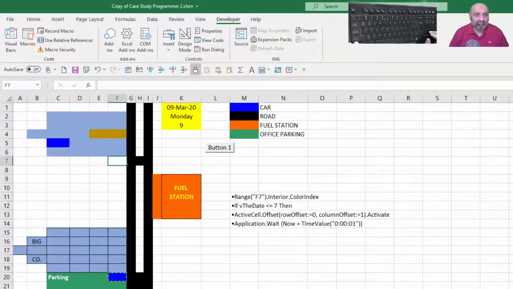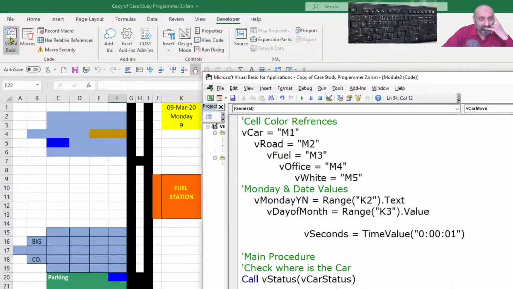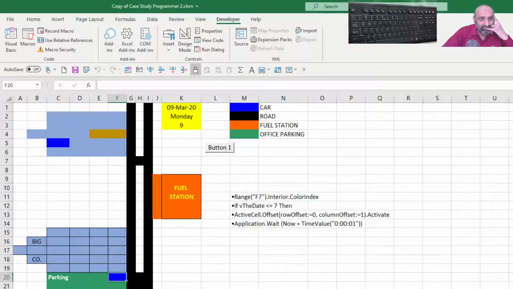Let's move the car back to home, and let's run this. I think this will work. So Ahmed is going to his office, he is going straight to his office. Okay, so there is something wrong. Two more steps have been taken. Let's see why that is. It should be at F20 instead of F22.